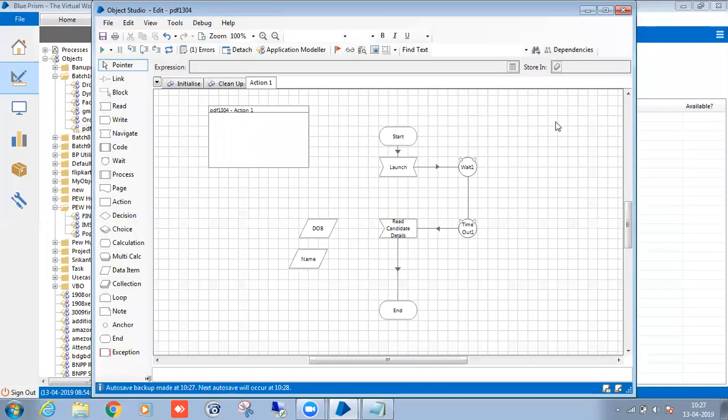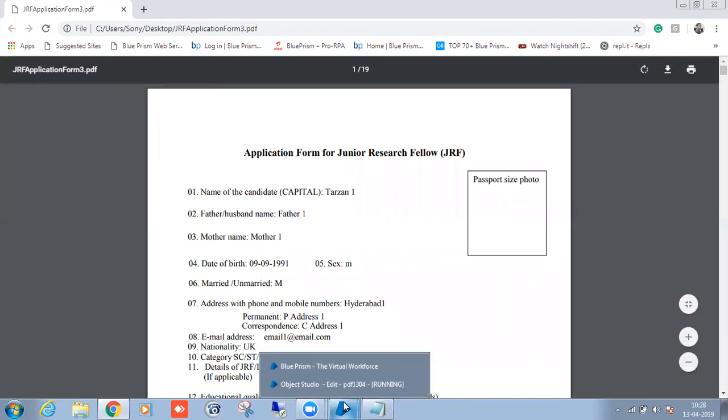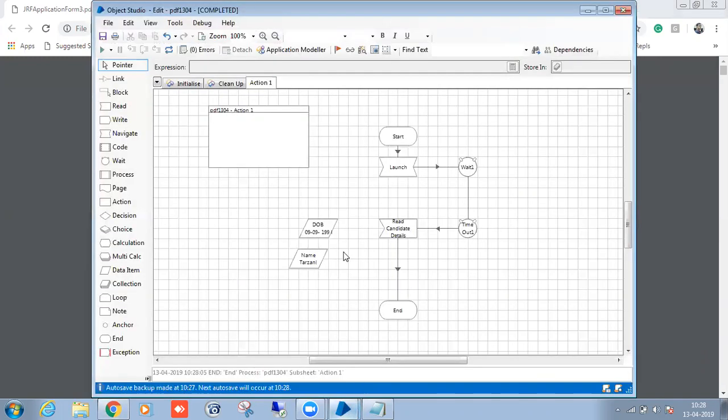I will close the application and try to run this. See here, the date of birth and the name.